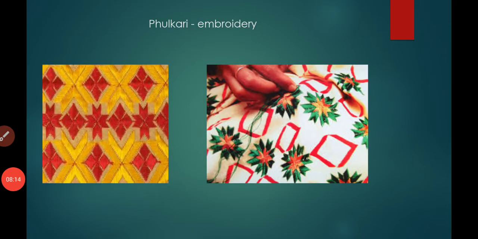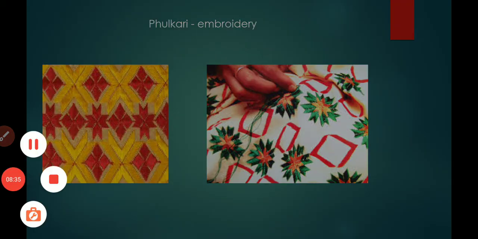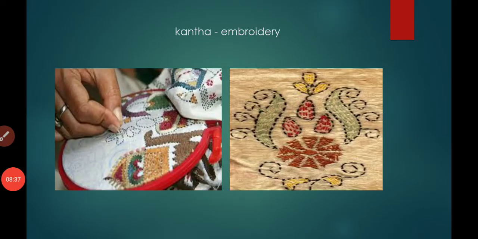Do you like this design? This design is also so good. This embroidery is called Fulkari embroidery. This embroidery is famous in Punjab. It is created by hand using colorful threads, right? This design is also so good.